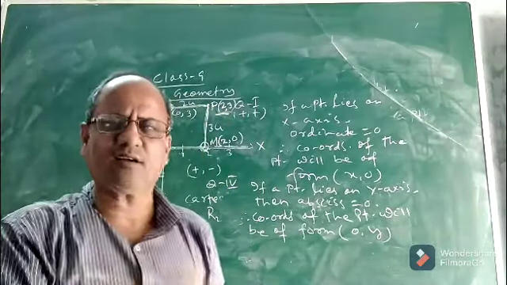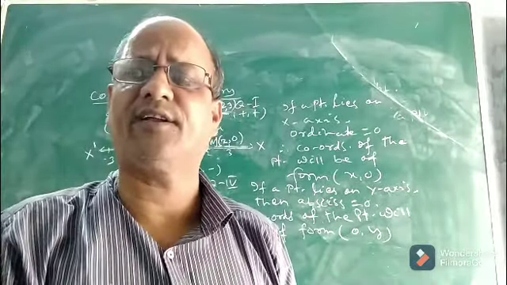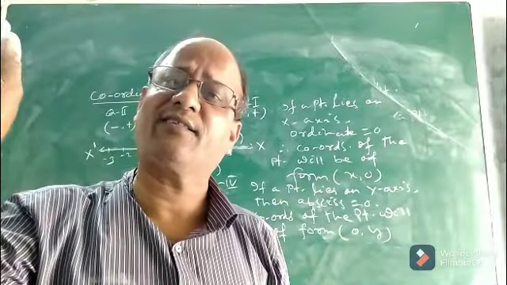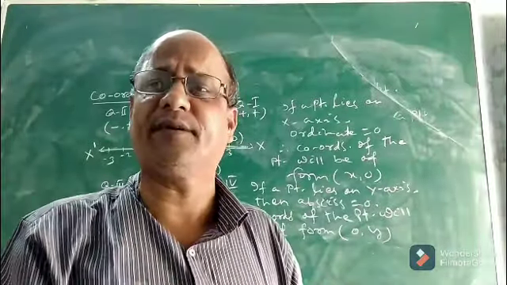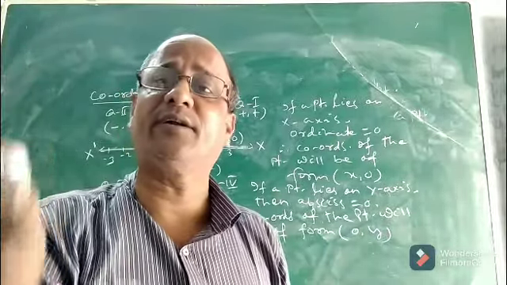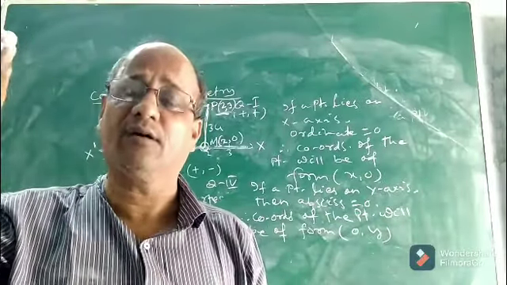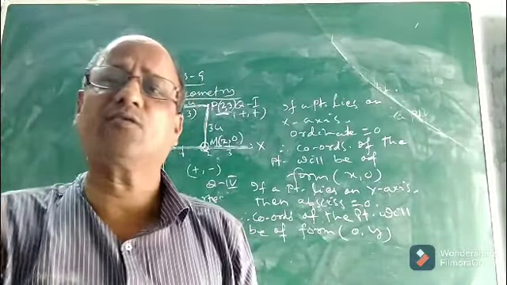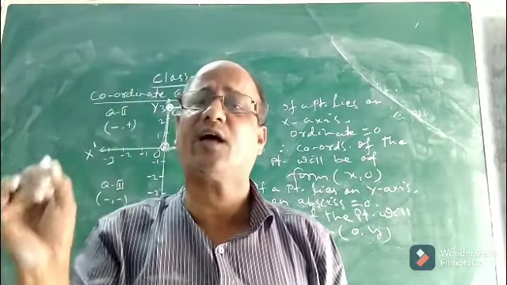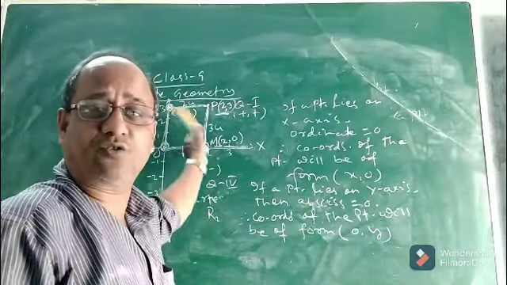So this is the concept of coordinate geometry as given in your CBSE syllabus for class 9. This is just a repetition of how to plot points. Whatever we read in class 8 is being repeated here in class 9, just to introduce the concept of coordinate geometry. It was only an introduction to graphs and how graphs are to be drawn. Without knowing coordinates, we cannot draw a graph. That is why there was a chapter called Introduction to Graphs, which we read in class 8. Here, this is the introduction to coordinate geometry.